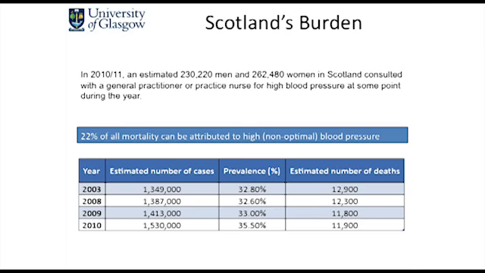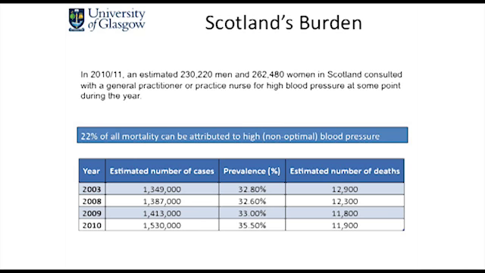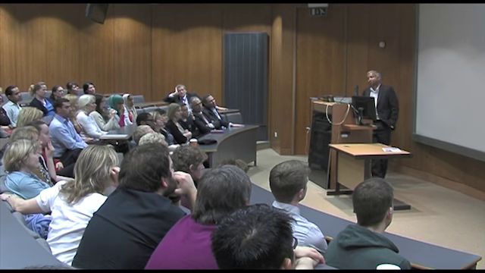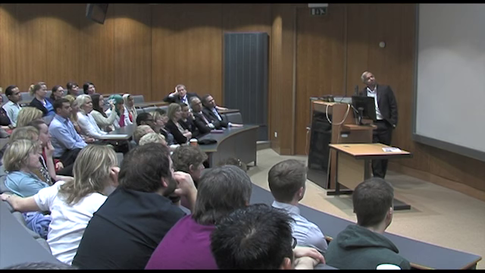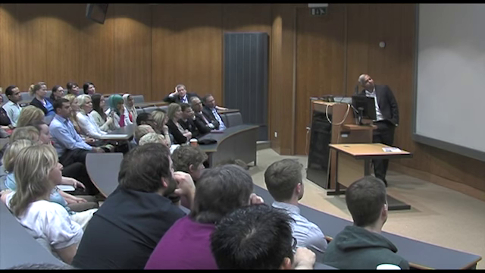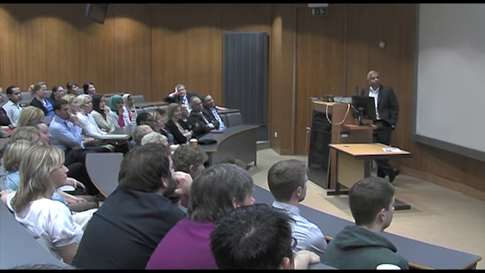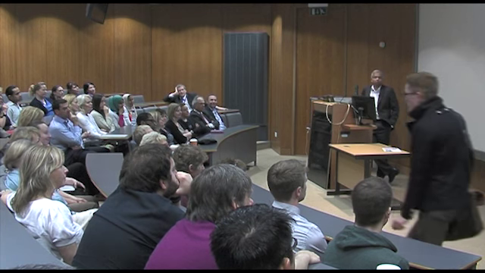In Scotland, we have about 1.5 million people with high blood pressure. About 250,000 men and women attended a general practitioner for blood pressure related problems at some point in 2010. 22% of all mortality in Scotland can be attributed to non-optimal blood pressure control. So 100 years after William Osler, Tom published in the BMJ in 2012, just highlighting certain issues with current guidance. We have come a long way in terms of